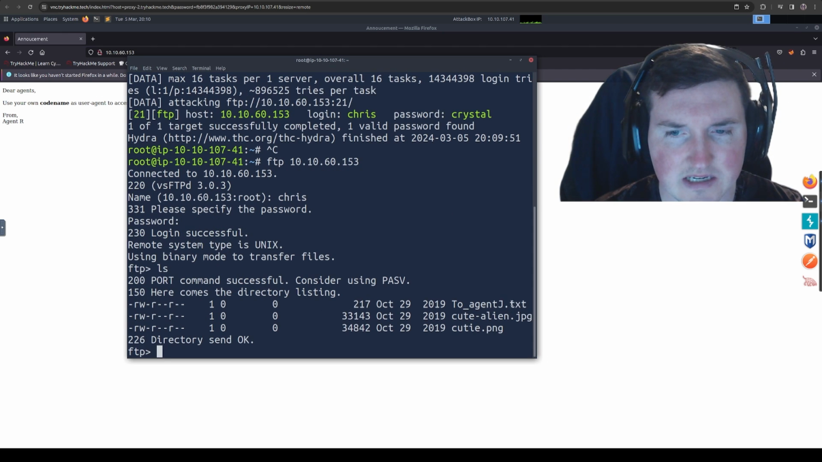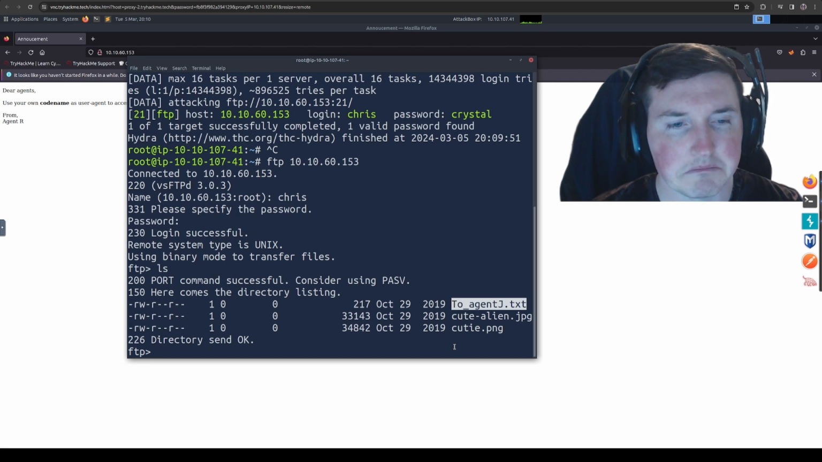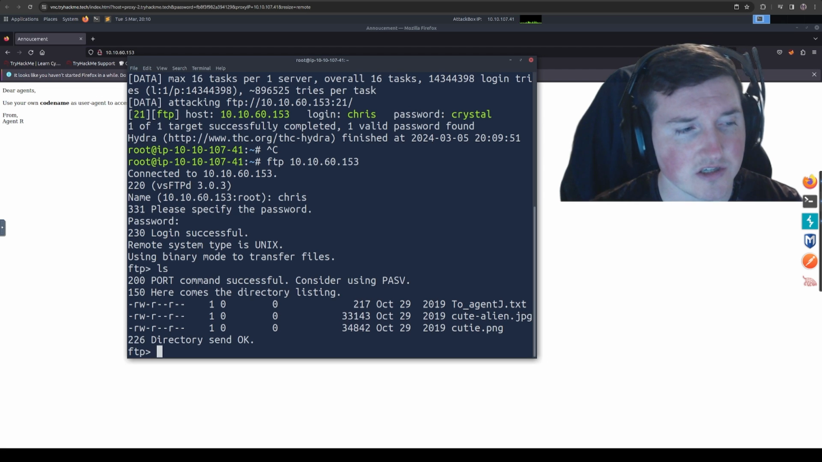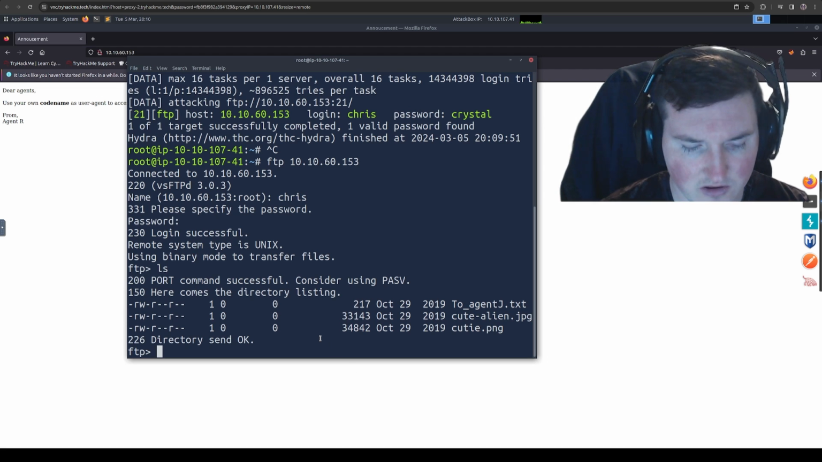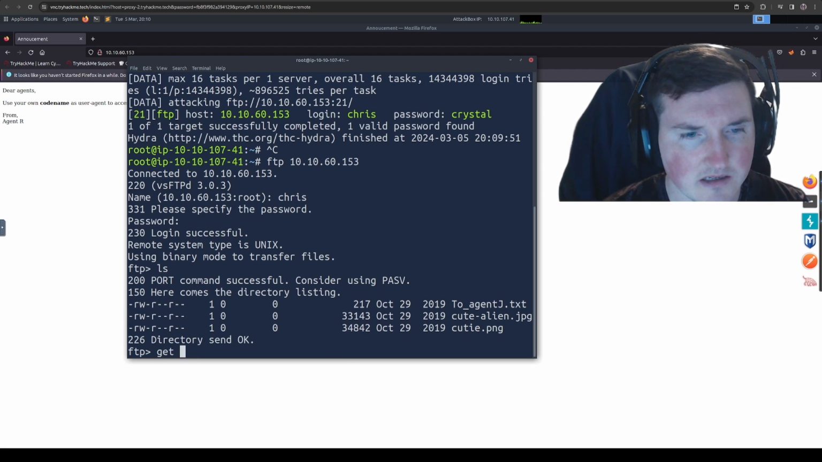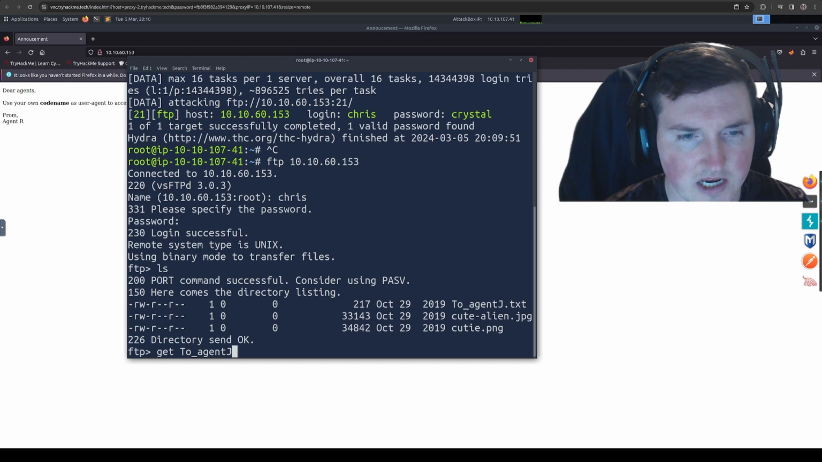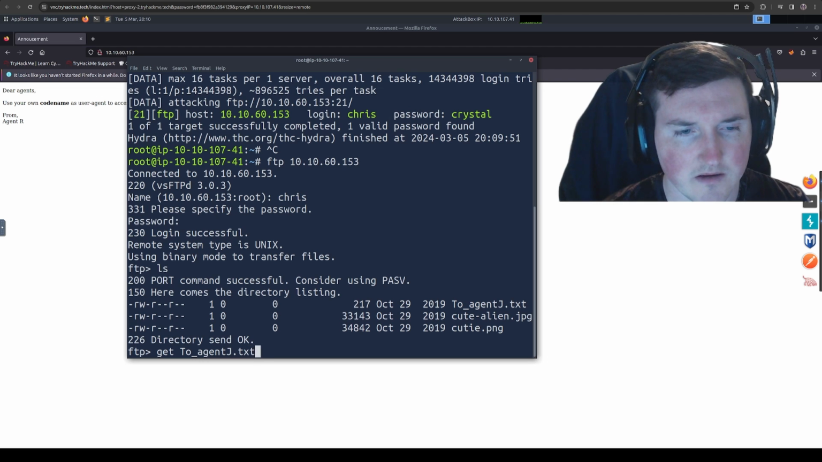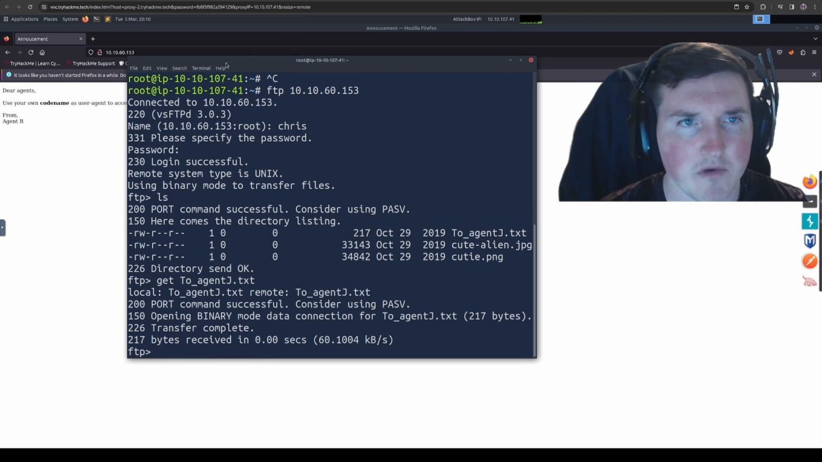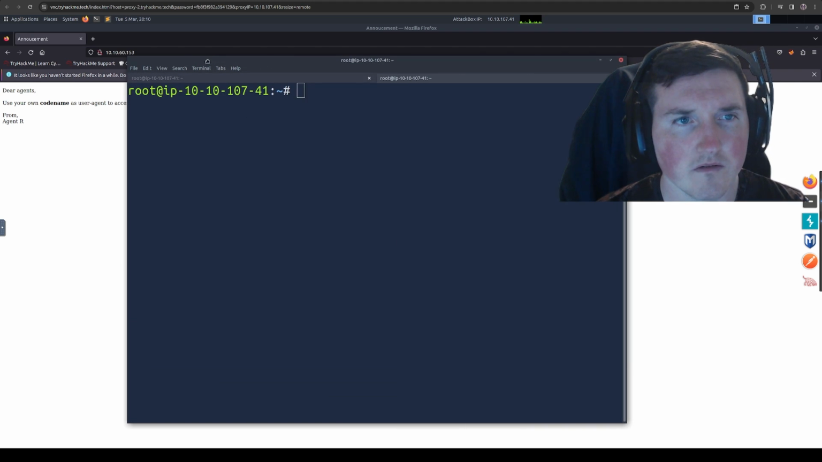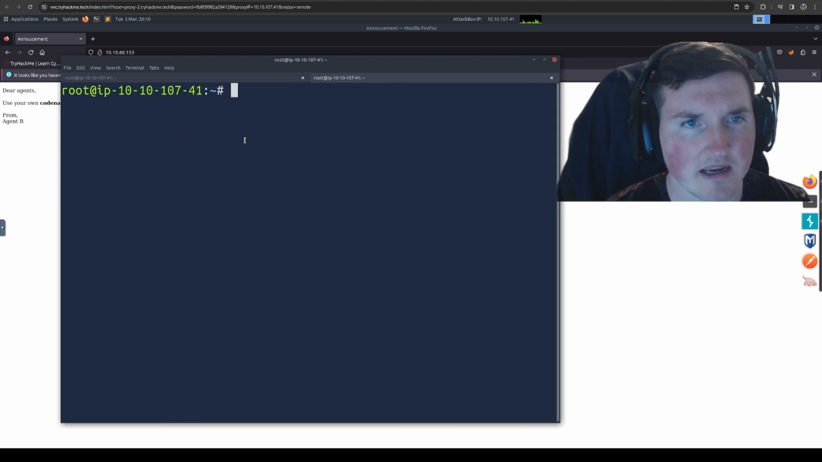Okay, so now it says to_agentj.txt. So we already knew about Agent J. We saw it in one of the other messages, so it's not something crazy. But let's take a look at it. We're going to say get to_agentj.txt, and usually I would grab them all, but I just want to see what this is first. So we'll go ahead and open a tab, and we'll say cat